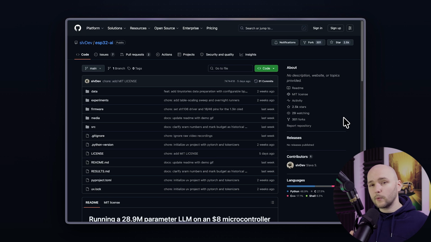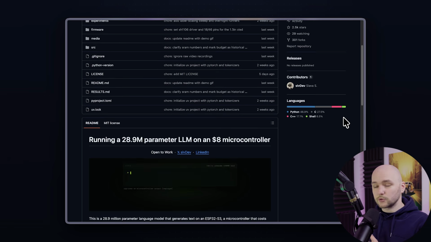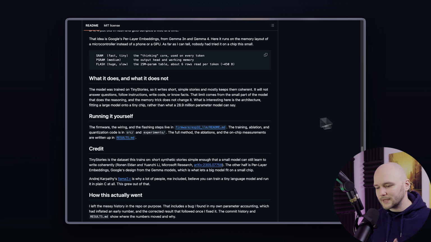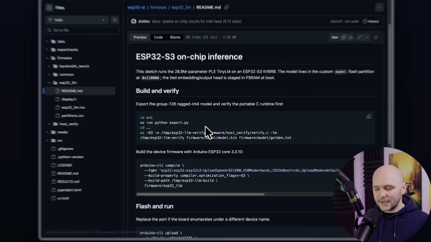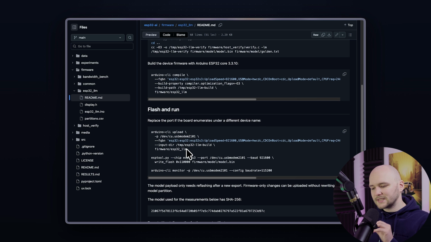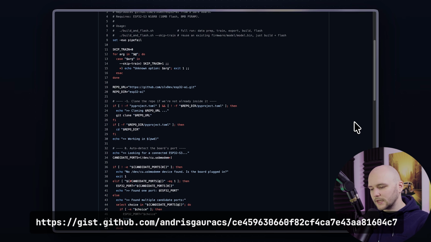So if you're shopping for a board to follow along, that's the one spec you should check first. Now, when I first went through the project's actual instructions, the setup was scattered across a few different files, and it assumed a fair amount of context I didn't have going into it. So instead of walking you through it exactly as written, I put together a single one-shot script that does everything,